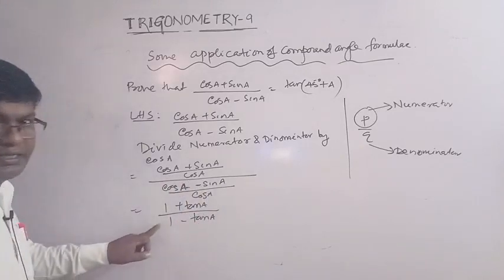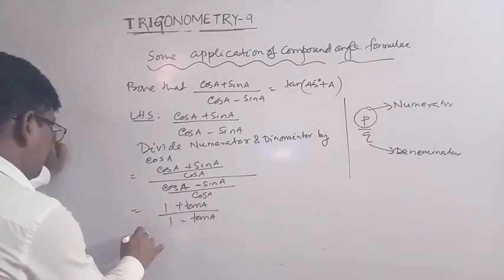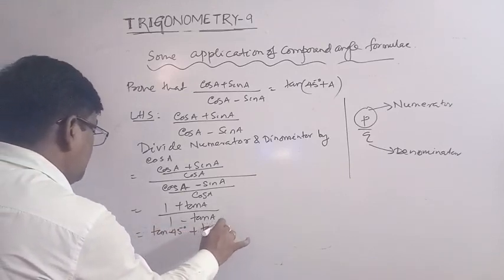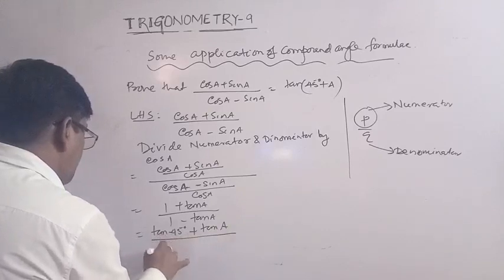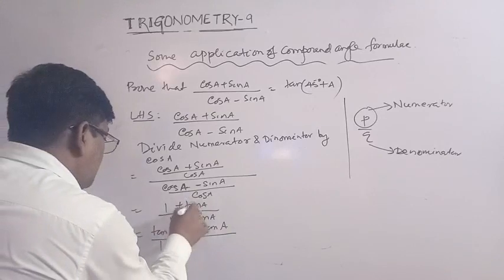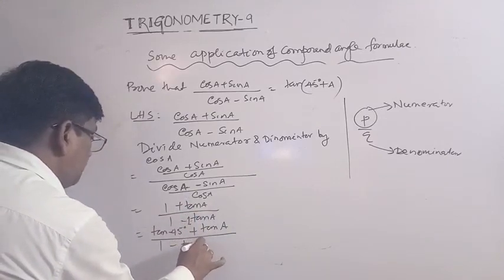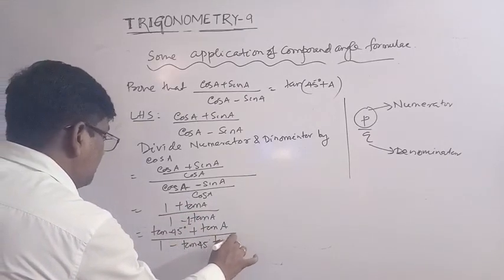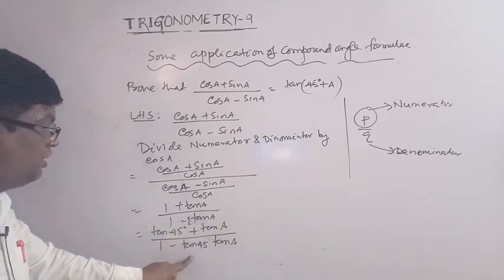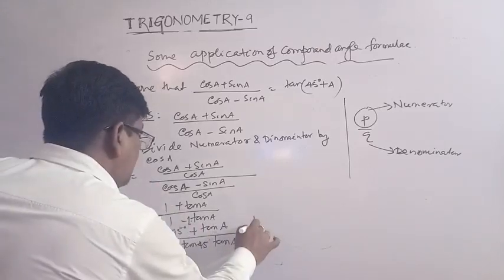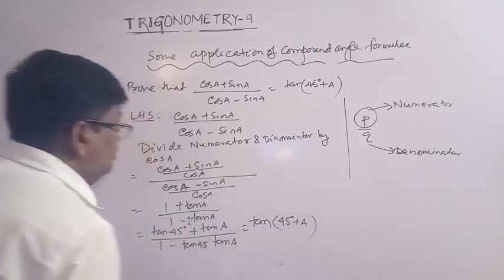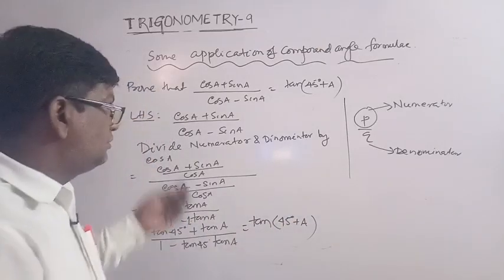For 1 we can write tan 45 degree, so (1 plus tan A) divided by (1 minus, this is nothing but 1 into this). So for this 1 also write tan 45 degree into tan A. So this is (tan A plus tan B) divided by (1 minus tan A into tan B). So the answer is tan (A plus B), that means tan (45 degree plus A). Similarly, the other proofs can be done.